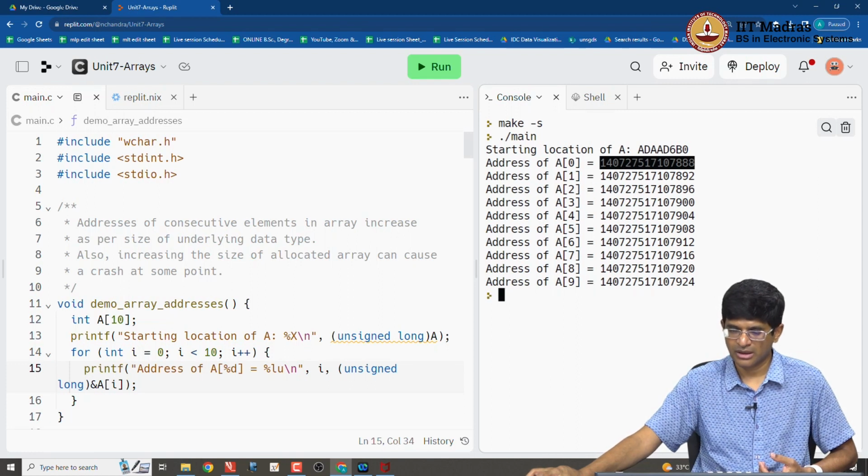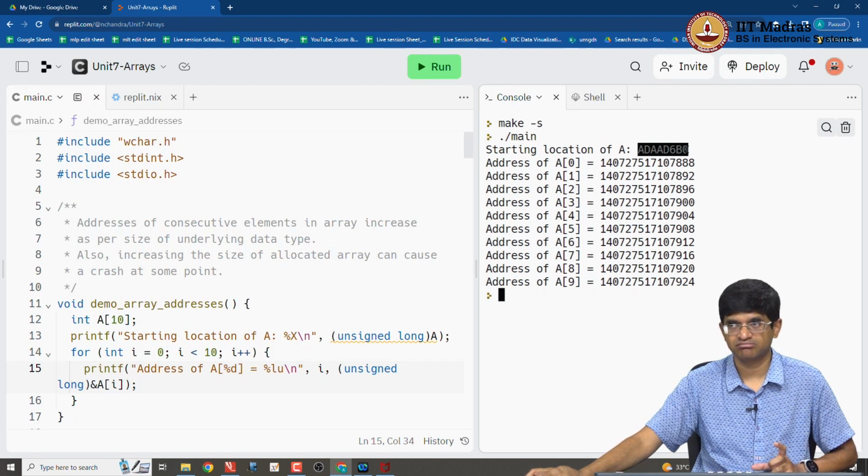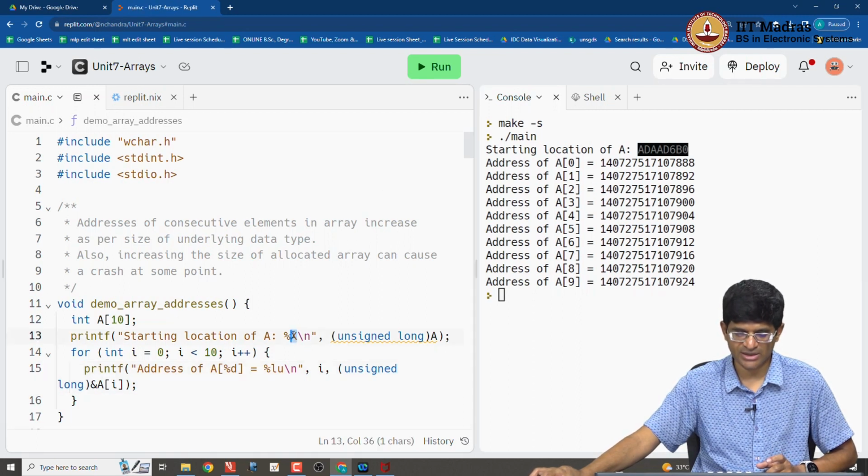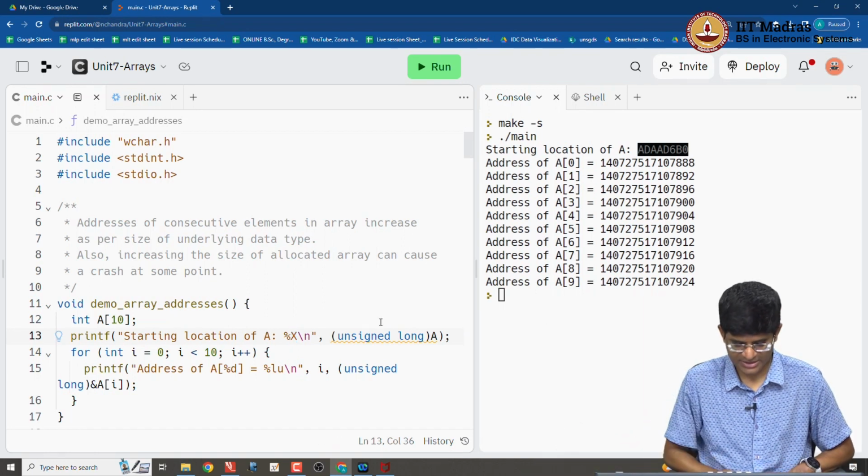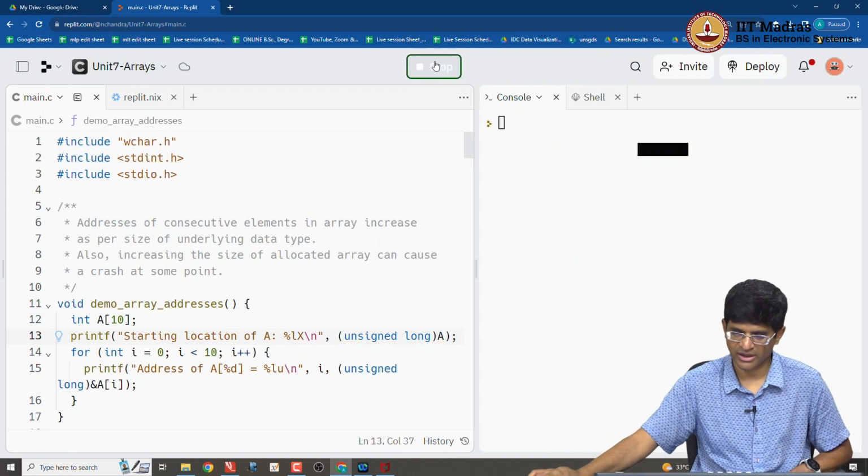Let me actually clarify on that. It is not going to be exactly the same, and the reason is that what has been printed over here is actually just the first 32 bits. When I do a %x out here, it prints only the first 32 bits of the unsigned long. So I think it should actually be done as long x in order to get a better value,